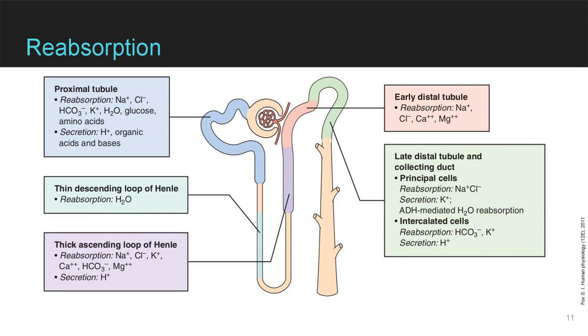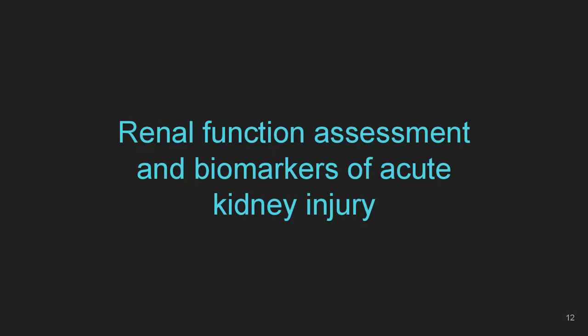The last part of the nephron is a regulated part. In this space takes place a process which is regulated by different types of hormones, like antidiuretic hormone produced by hypothalamus. It's regulated by aldosterone. This site is regulated by natriuretic hormone, and the result of reabsorption is a formation of a small amount of urine,